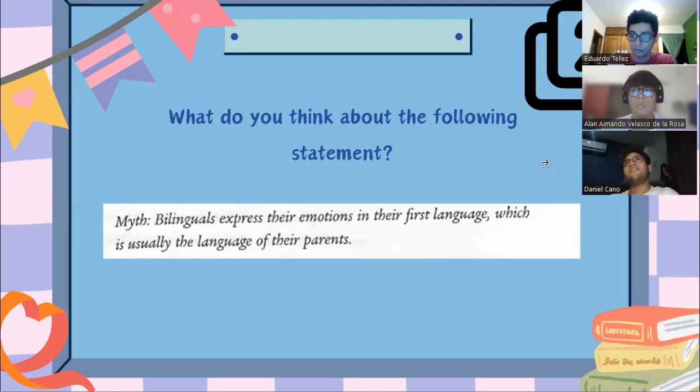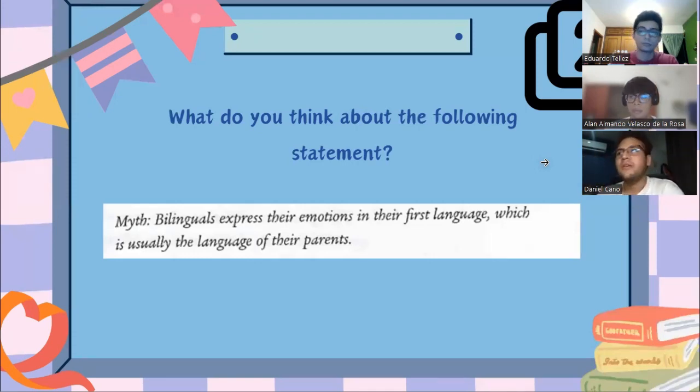That we have like a neural disconnection when we are having a strong conversation, or we are having strong emotions in our mind, in our head. And as Armando said before, I think that he's right, that we just want to let emotions go out. And well, we are more familiarized with our native language. Also, I think that it depends on how deep the second language is in our minds.